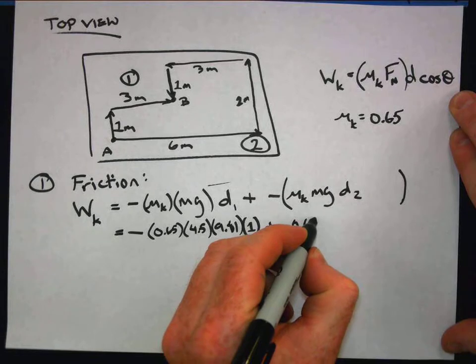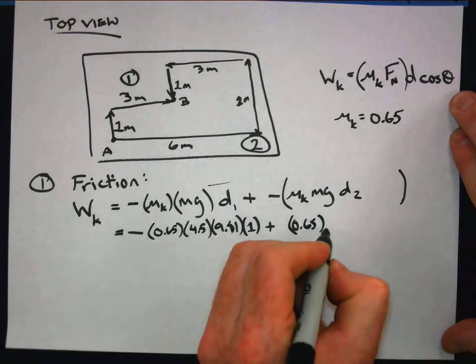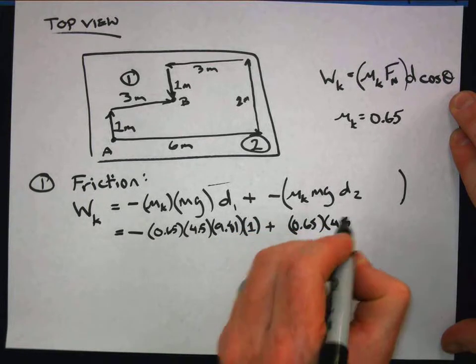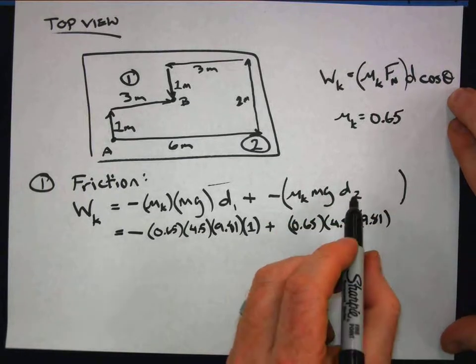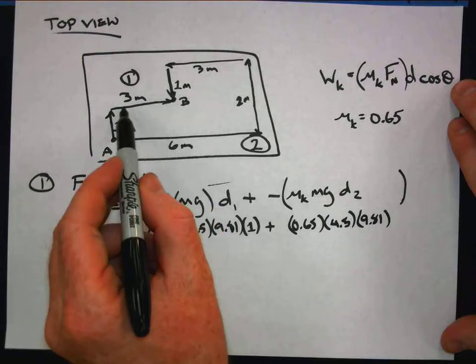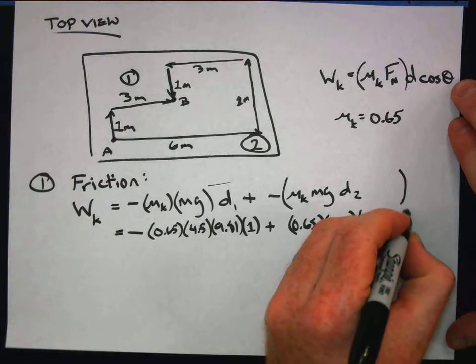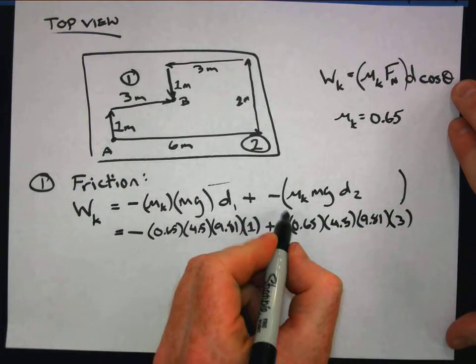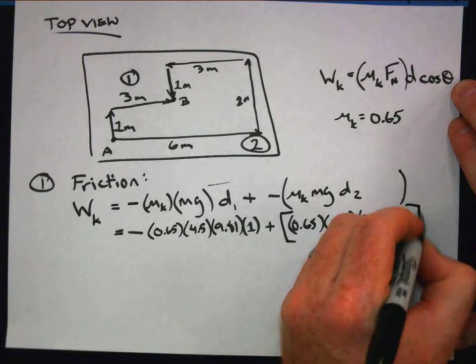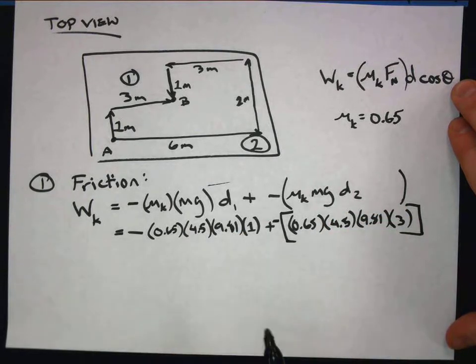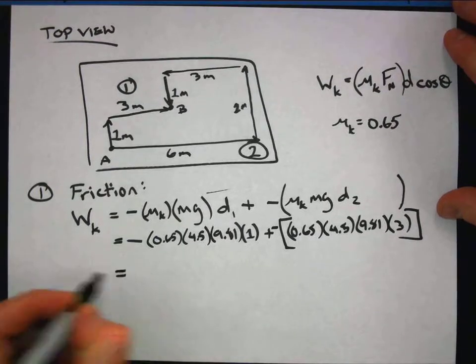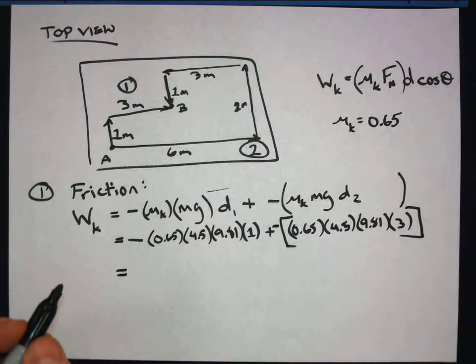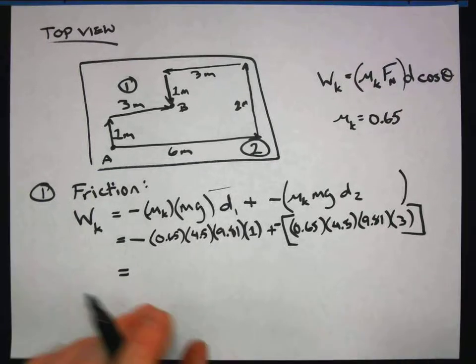0.65. Mass of 4.5. G is 9.81. Distance of the second segment of this pathway was 3 meters. Okay, but remember, everything is negative for that part, for that segment of this pathway. Number crunching time. Okay. So what I get is